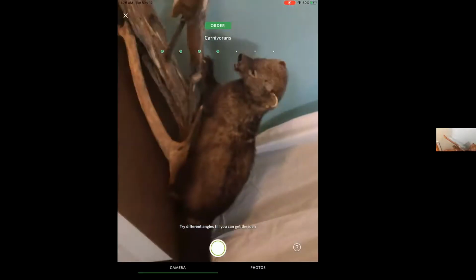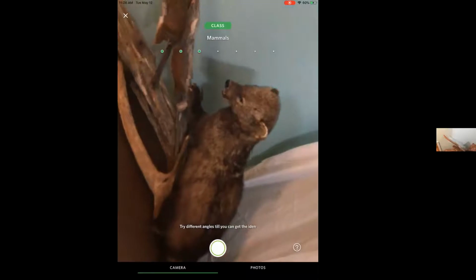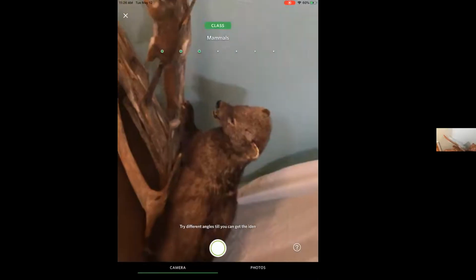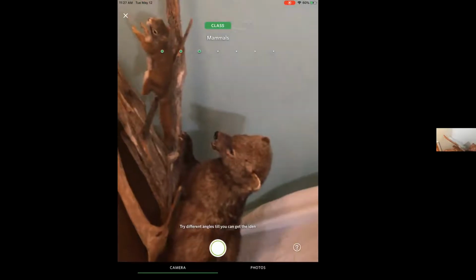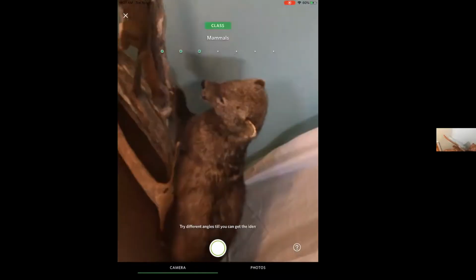But this is one that works really, really well on trees and plants, that you can get images of different components. So the buds, the branches, the trunk and the bark are really great features to help you figure out what something is. I'm going to go ahead and stop broadcasting here on the iPad and close out of that